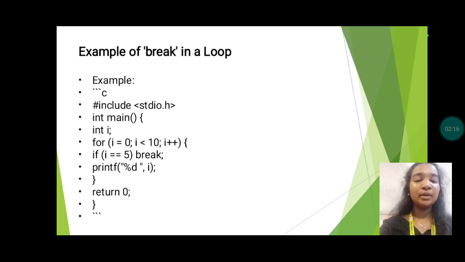Example: #include <stdio.h> int main() { int i; for (i = 0; i < 10; i++) { if (i == 5) break; printf("%d", i); } return 0; }